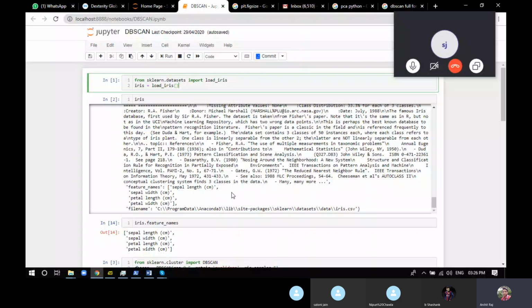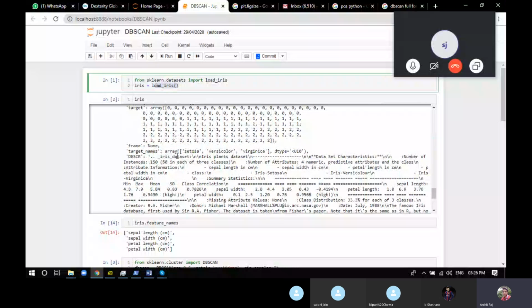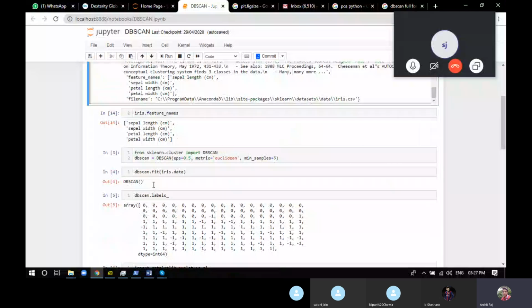So we'll import the data set, which is load iris. I guess till now you have completely understood what exactly load iris is and what values it gives. We make an object of iris. Again, we have the whole data set, containing the data, sepal width, sepal length, petal width, petal length. The array is here. This is your target, and this is your feature names.